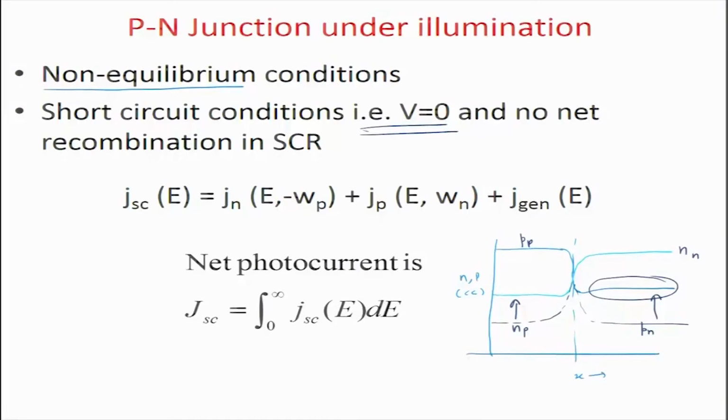Because you have a sudden increase in the hole concentration on this side. Similarly, you have a large electron current from one side to another. So you have flow of carriers, because you can see that for electrons to go from this side to that side, they still have to face a barrier, right? Because there is no bias.